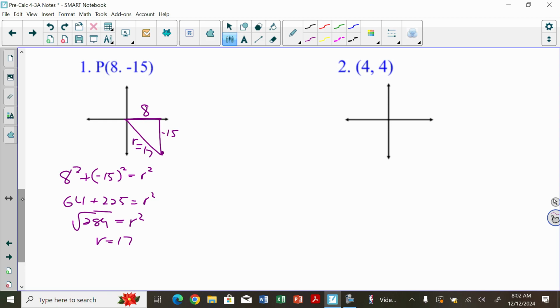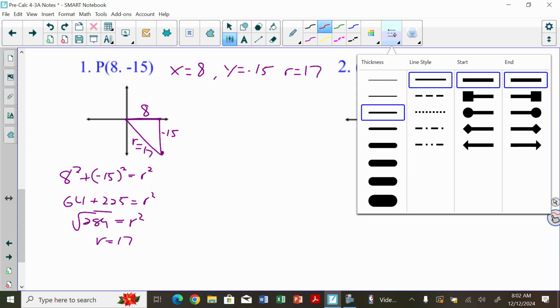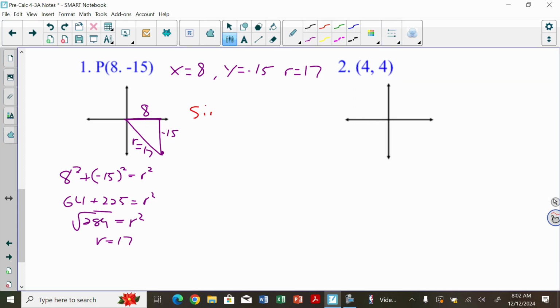Okay, now here are my values, right? I've got x equals 8. I've got y equals negative 15. And my r value always has to be positive, and it is in this case, it's 17. So now when I find these values, I'm just going to write them all down here. And again, I just point out I can use